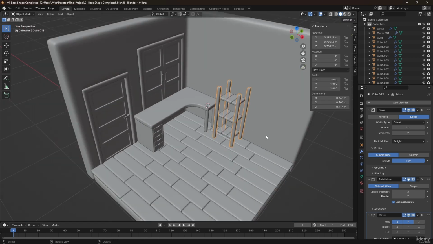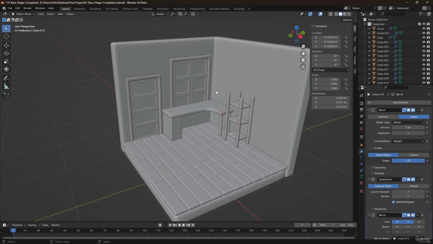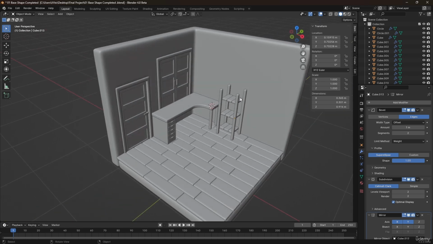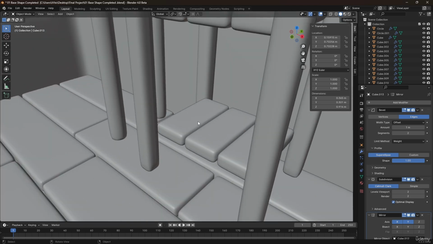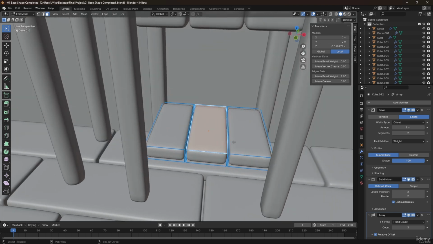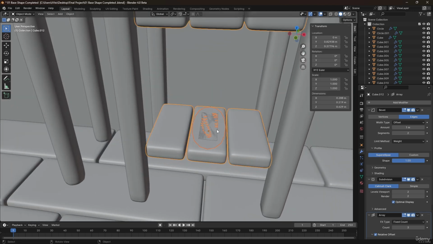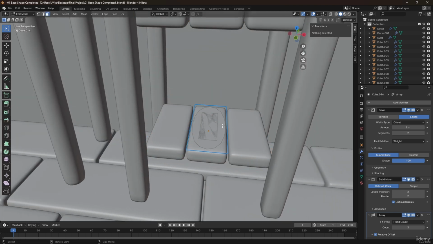For now I'm going to cancel out of it, because when we create more objects, we'll be able to determine the size a little bit better. And I think we can also create a few books on the bookshelf. That's going to be pretty easy. So let's tap into edit mode, select the center face, duplicate and separate by selection, and then select that new object,